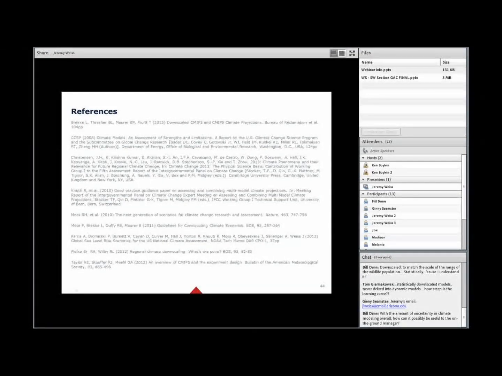So there's some value there, and again, that gets to the ensemble versus individual model issue that we talked about today.